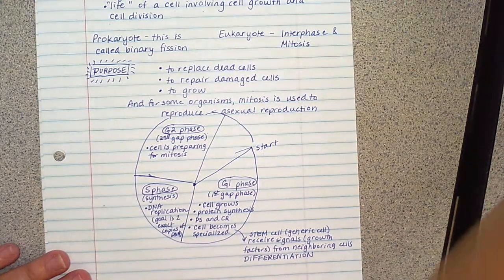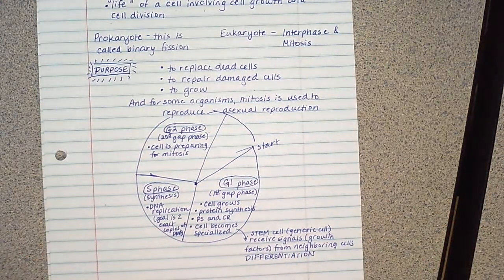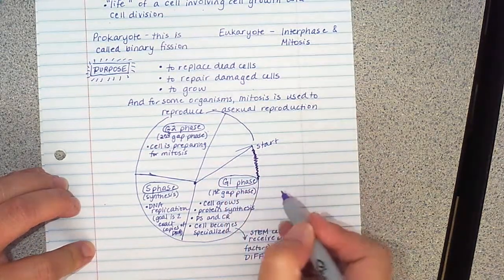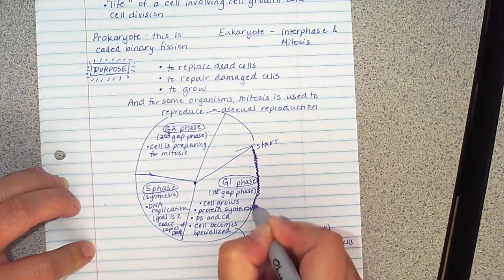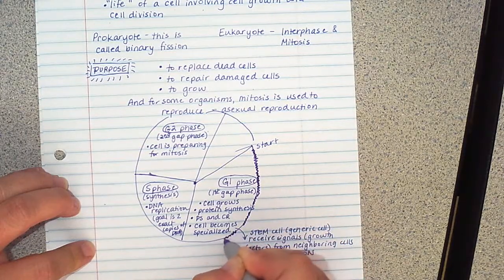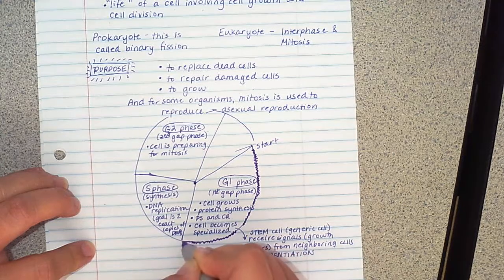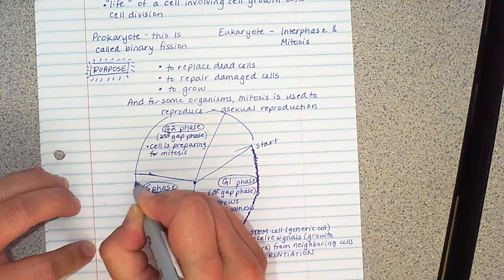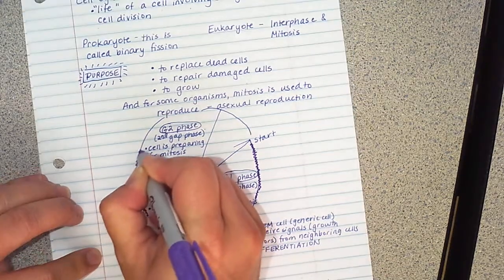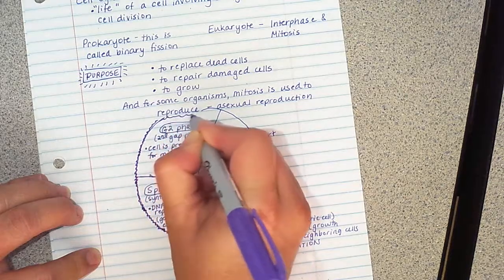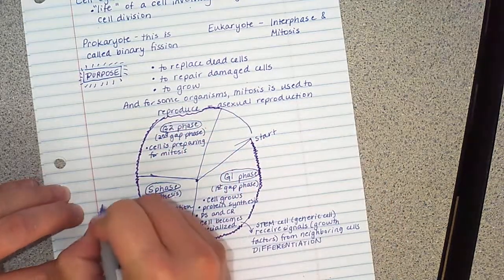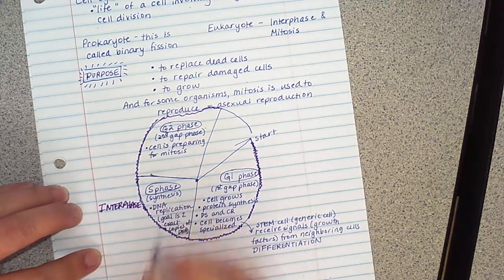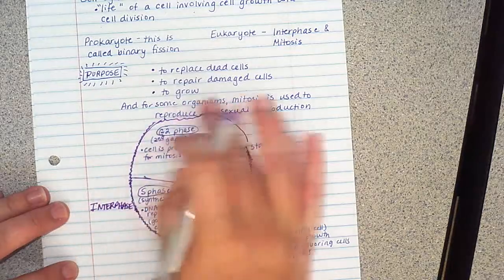So I do want you to know, and I'm going to use a different color, that this whole process, I'm kind of going to zigzag. I don't know if you can tell that's a purple color. Probably should have used something a little bit different. But this whole thing that we just talked about, all of these phases, a huge chunk of the pie, all of this is what we call interphase. So all of this that we just discussed is interphase.